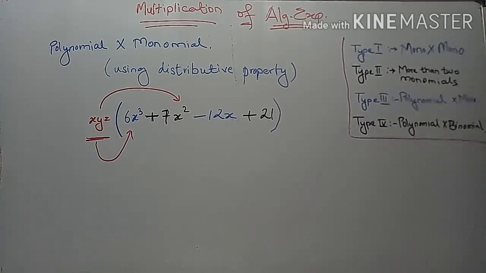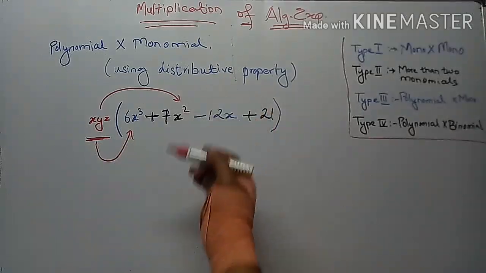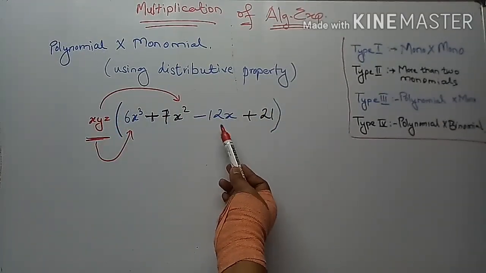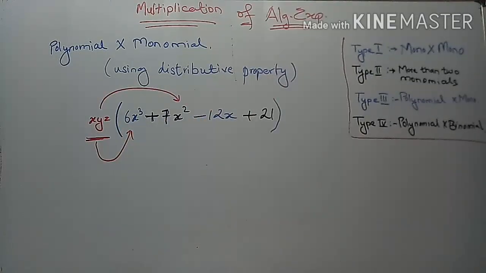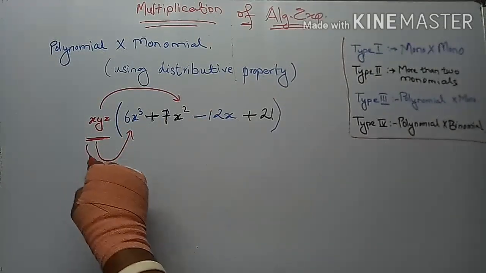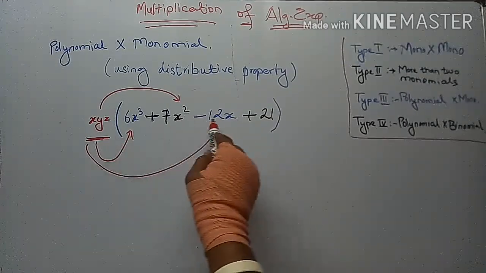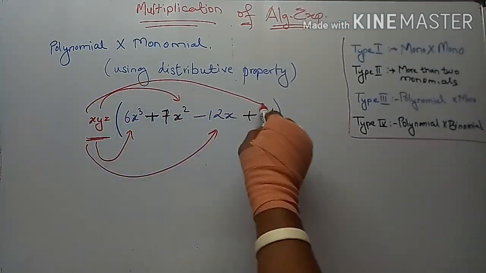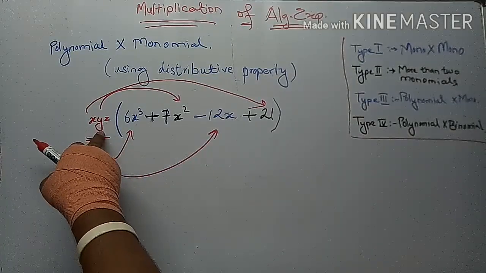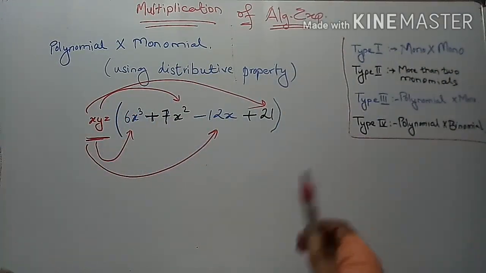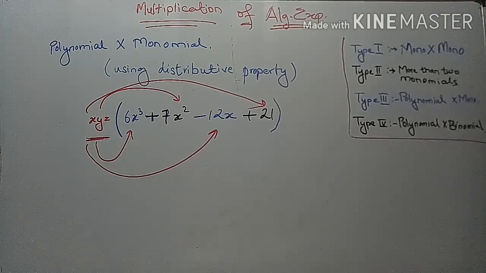Okay, so few of you I am very much sure are smart enough to know what we are supposed to do. We are just supposed to carry on what we have done in the past example and apply it over here also. So using distributive property, that means the terms of the polynomial will be distributed and multiplied with xyz separately. So after that we'll have another multiplication of xyz with this term and then xyz with the last term. So the product of this monomial with each of these terms will be added together and we'll get the solution to it. So let's move ahead.